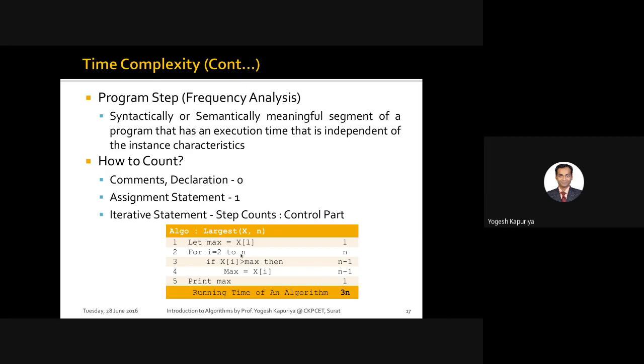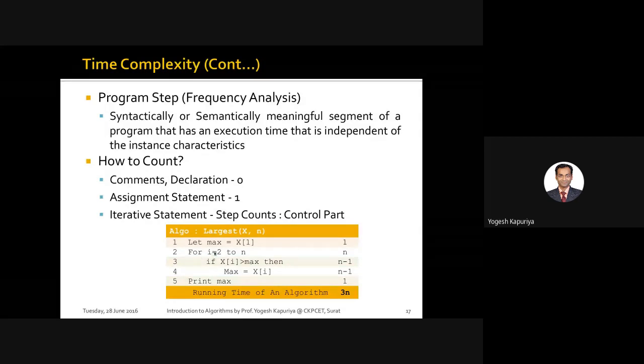Then I plus plus, so that becomes 5. Again 5 is less than or equal to 5, so this will be executed. And again I plus plus, so I becomes 6, so that is the fifth time. When your I becomes 6, 6 is not less than or equal to 5, so this will terminate.